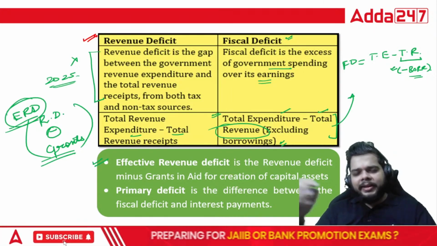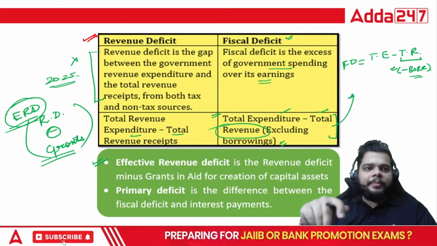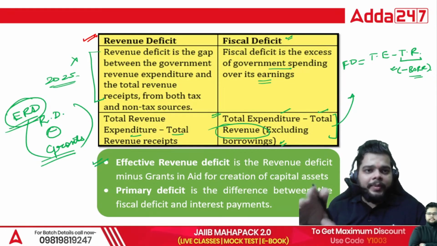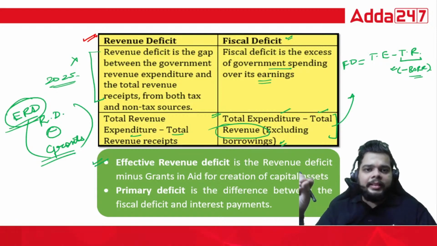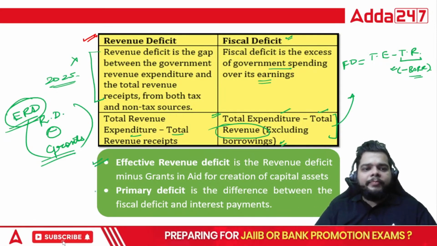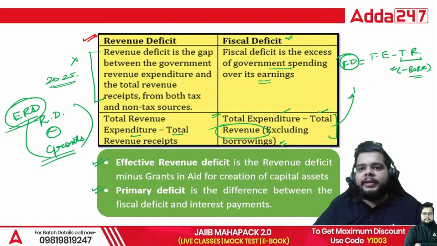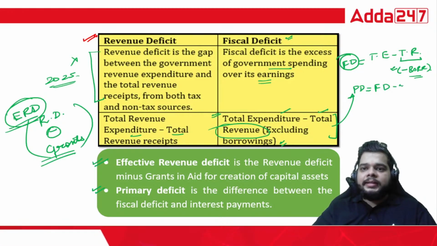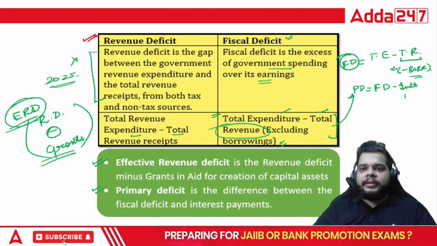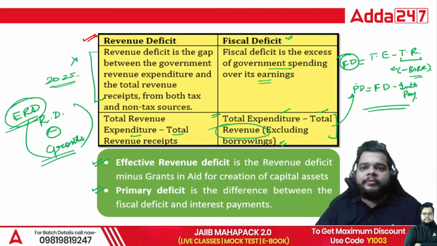Yes, IIBF can ask it, because as a concept, although it is not right now present in our country, it is still there in the books. Then we have primary deficit, the more important formula. It will be equal to the fiscal deficit minus the interest payments. Whatever interest payments have been served will be subtracted from the fiscal deficit and it will